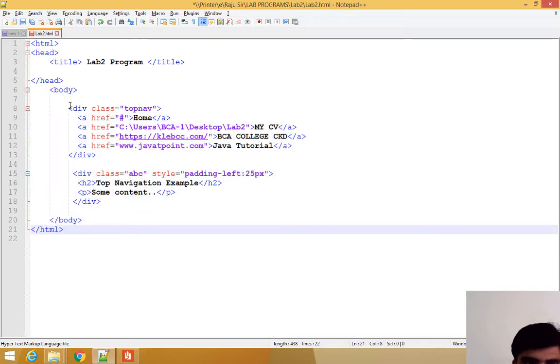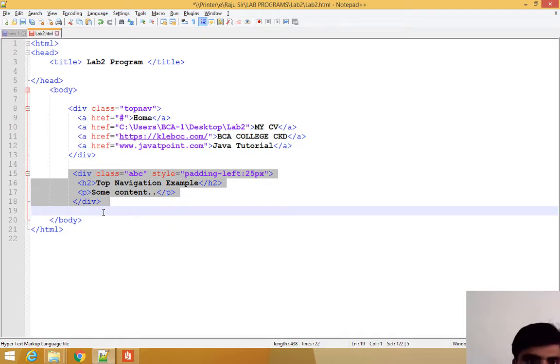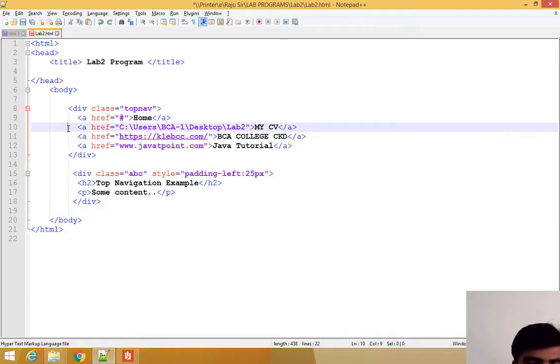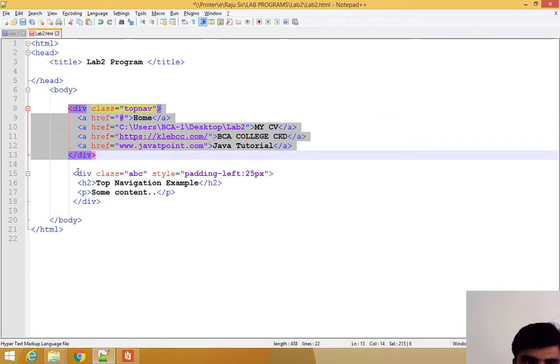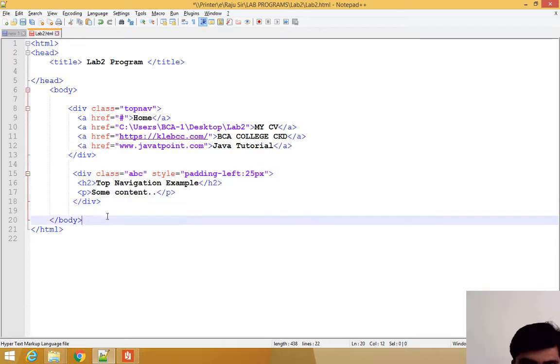For example, here I have written 2 division tags, because according to the question we need to divide our web page into 2 parts. One is the menu bar, the second one is the content area, to display some content.